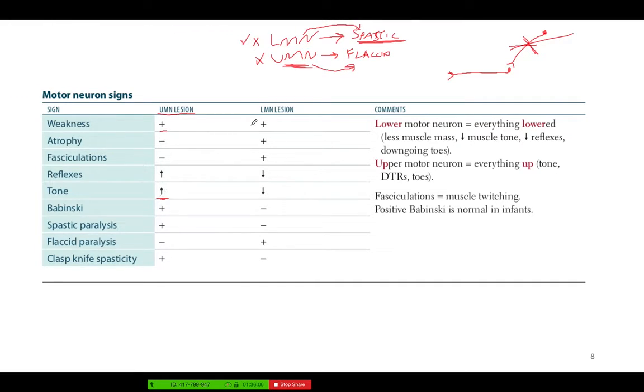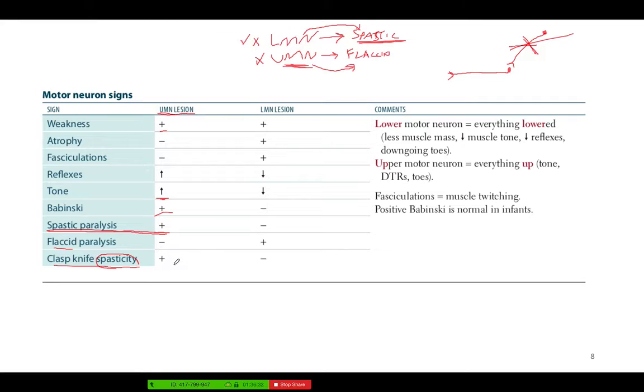So if we take out the upper motor neuron, no one's in charge. Lower motor neuron is going to be all about that tone and muscle. Babinski reflex will be there because all of our neurons are intact. We'll have spastic paralysis. Lower motor neuron is all about that spasticity. No flaccidity. Our upper motor neuron's gone, so it's not flaccid. And we may have some clasp knife spasticity as well, where clasp knife is where we have a patient with their